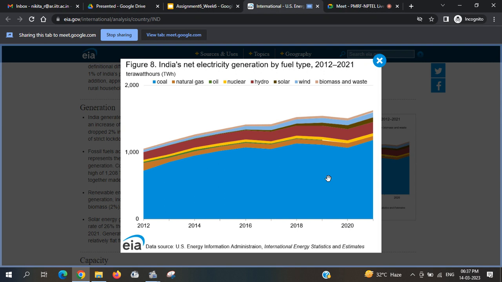So while transitioning to electric vehicles or use of electricity as a fuel source is considered as transitioning to cleaner or greener fuel usage, it has to be kept in mind where the electricity is coming from, or what fuel is actually being used to generate the electricity. I think this graph shows it very clearly that there is still a need of transition for electricity generation